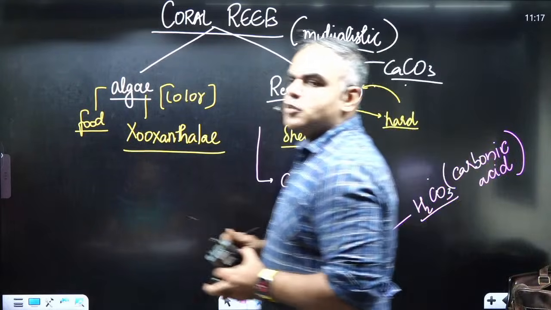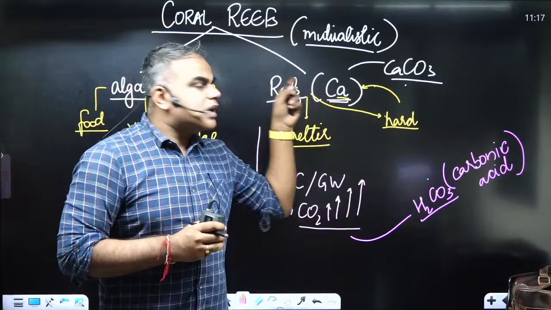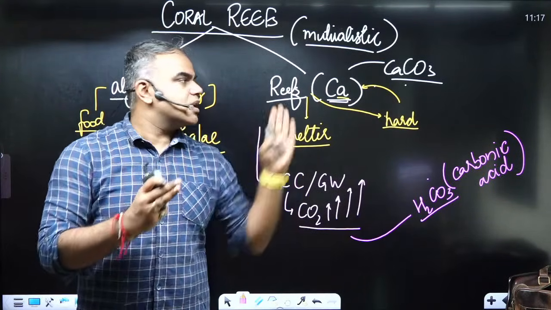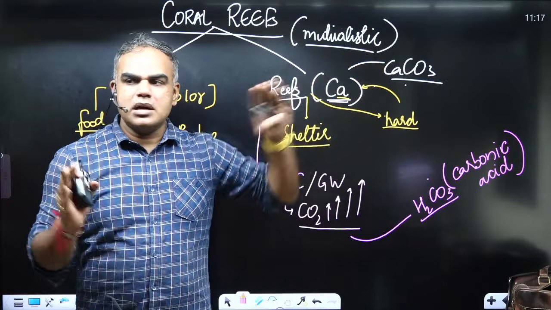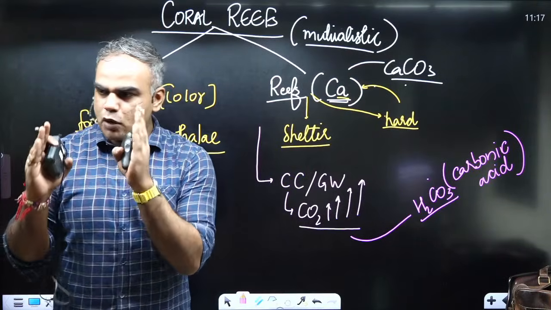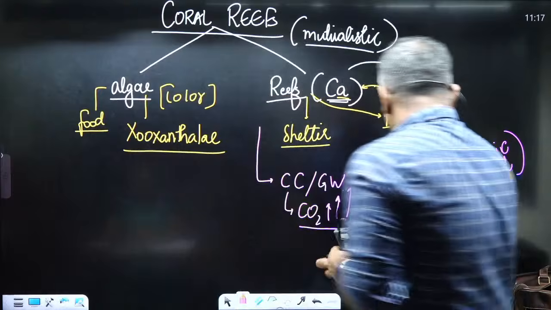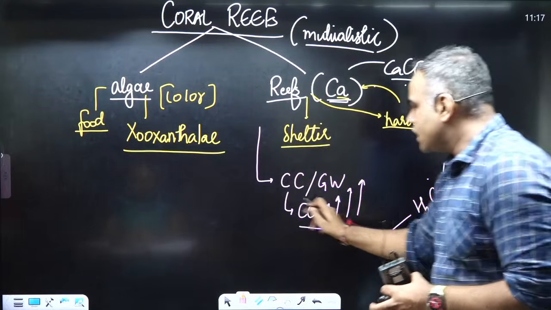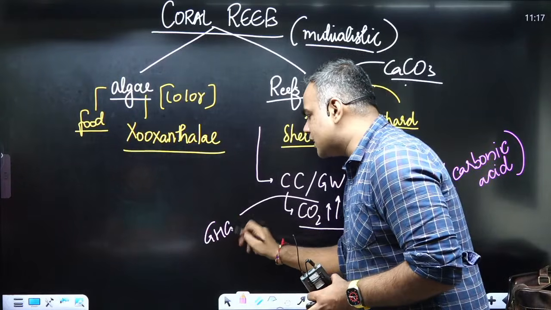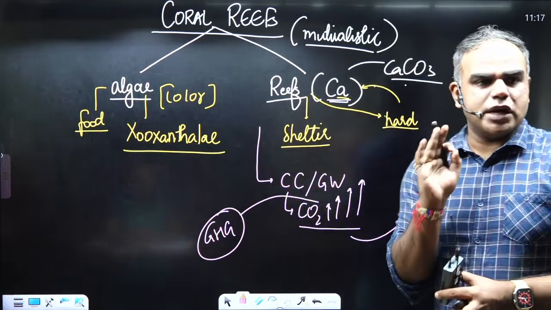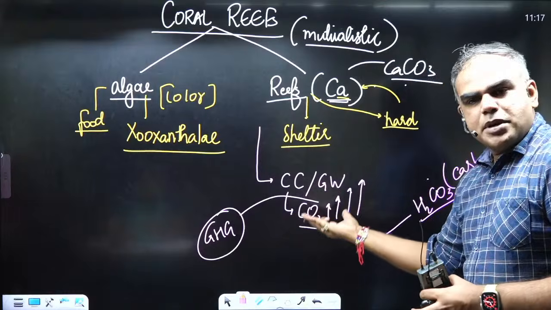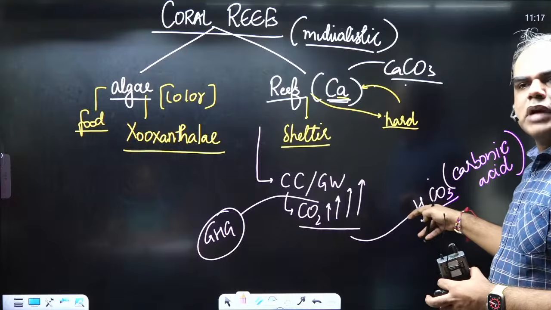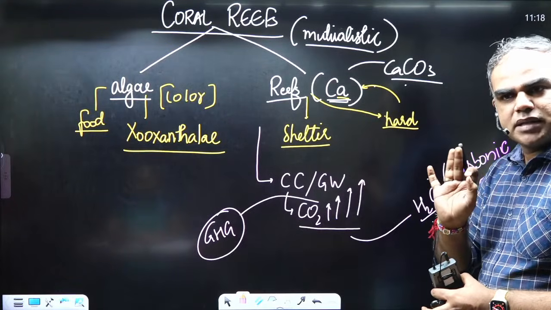Now, if there is carbonic acid, slowly and steadily, the calcium levels will decline. इसके लिए भी अलग से reaction है. There is more bicarbonate that is getting formed. Right now, we are not going into it. Right now, what we are saying is carbonic acid बनेगा, है ना, मानते हो? अगर carbon dioxide increase हो रहा है, and carbon dioxide is a greenhouse gas. This also we'll see later on. But in very brief, if the carbon dioxide is increasing, it will form more and more carbonic acid in water. This we understand.